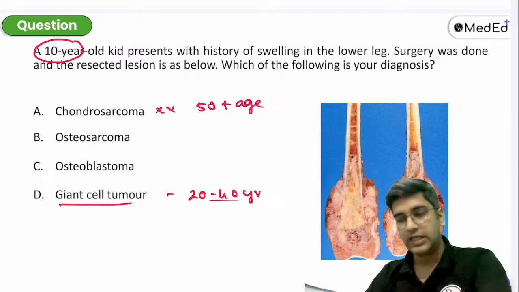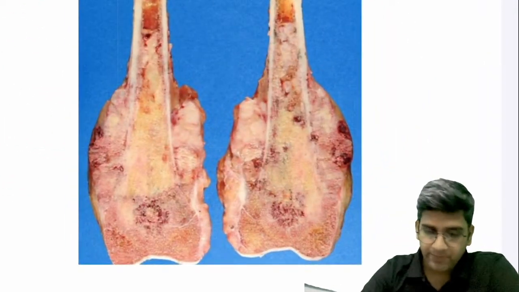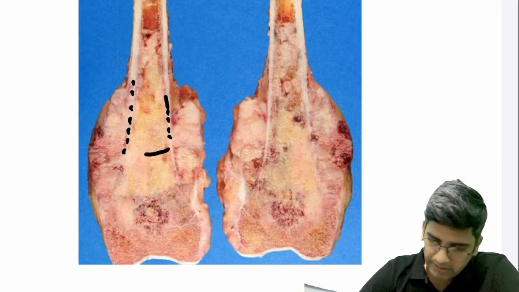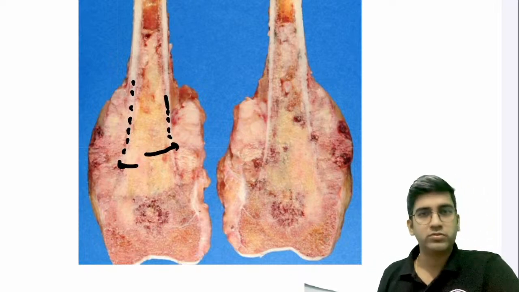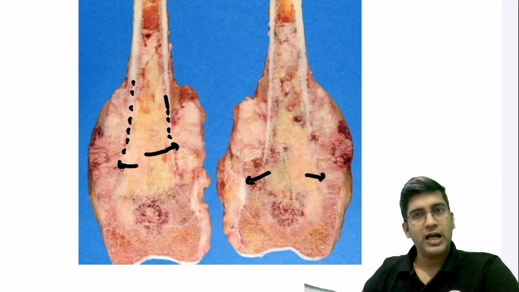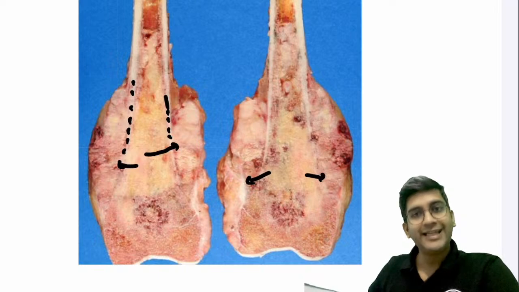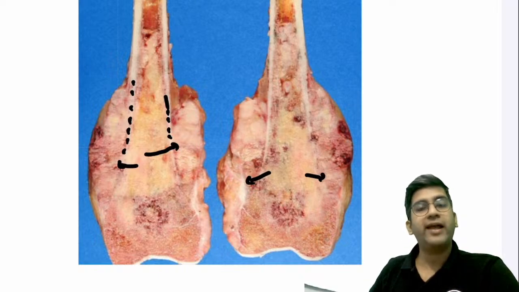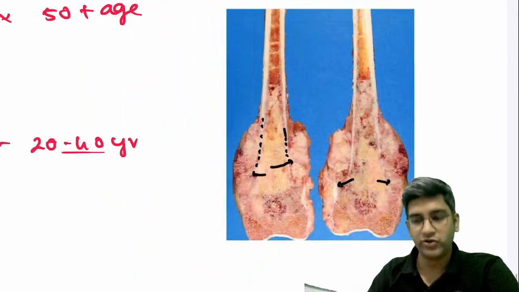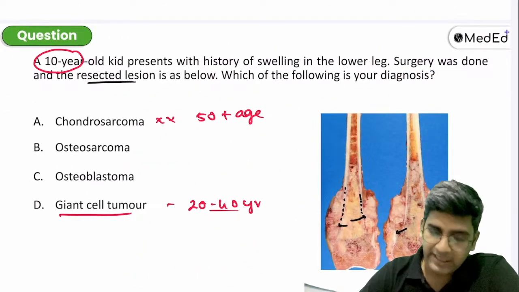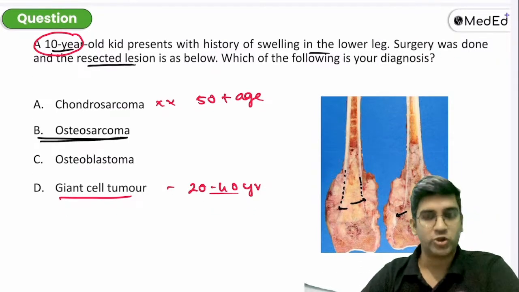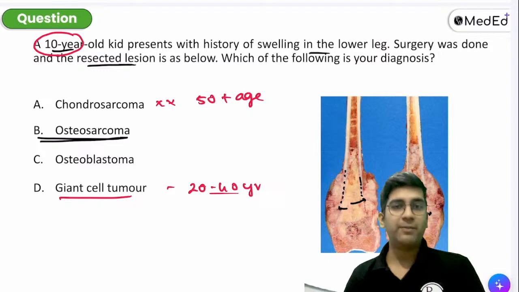And osteosarcoma, right? I'll zoom this image. Now tell me, this is the bone, right? Is it destroying the bone or not destroying the bone? Destroying and going outside, or not destroying and going outside? Undoubtedly destroying, right? In a 10-year-old, I won't remove the entire femur for a benign tumor. Again, the same clue we use for urothelial carcinoma. We have removed the entire lesion for a 10-year-old, so it has to be a highly aggressive tumor. It's osteosarcoma, a tumor which happens in children.